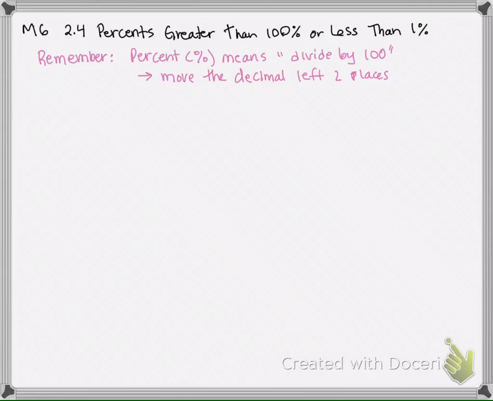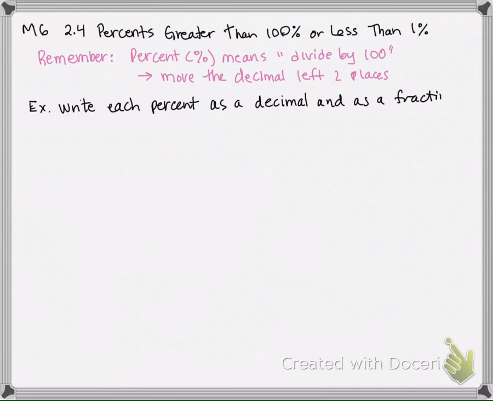Okay, so the directions are going to be: write each percent as a decimal and as a fraction or mixed number. So we're going to give 2 answers, and don't leave it improper, in other words. In simplest form. Now again, nobody needs to tell you that because fractions are always reduced to simplest form. Okay? So we've got